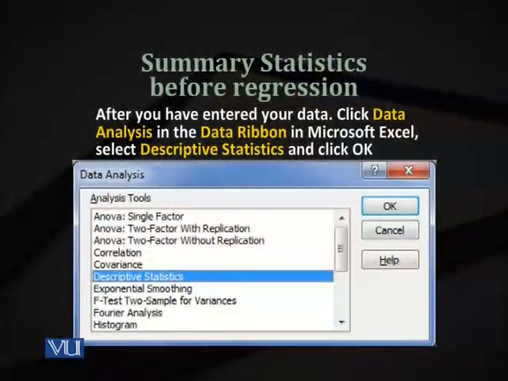For example, in the slide, you are seeing that we have used the data analysis tool pack to perform descriptive statistics or summary statistics. You know about the data analysis tool pack. You performed regression in the data analysis tool pack. The window which you are seeing opens when you click on the data ribbon and then on data analysis. As you know, there are 19 different functionalities of this tool pack. One of them is descriptive statistics.